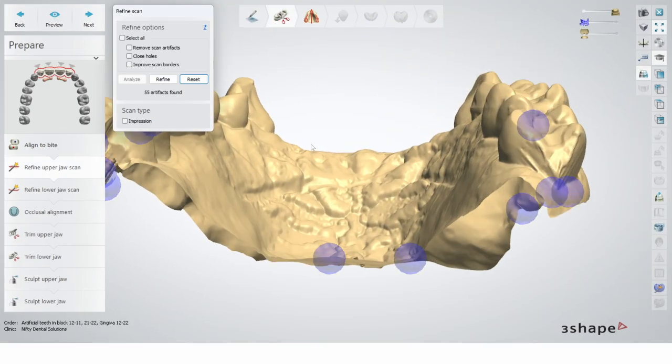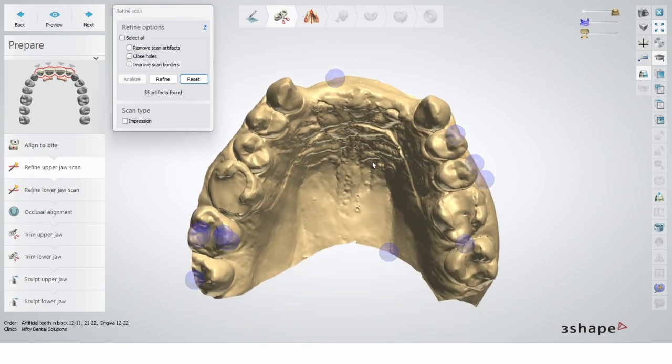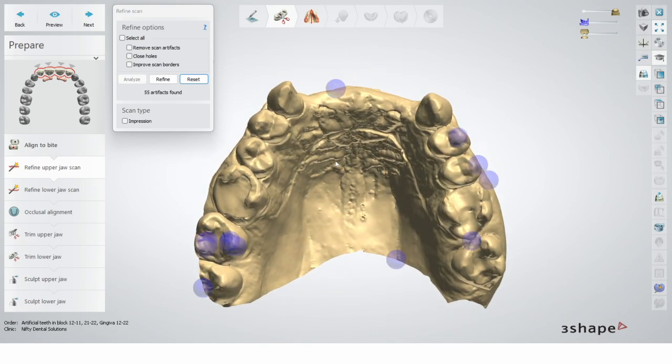First step of our design is all about preparation. So we're gonna get the scans ready to start work on it. First step is refine scan, so we can select all to remove scan artifacts, close holes, and improve scan borders.